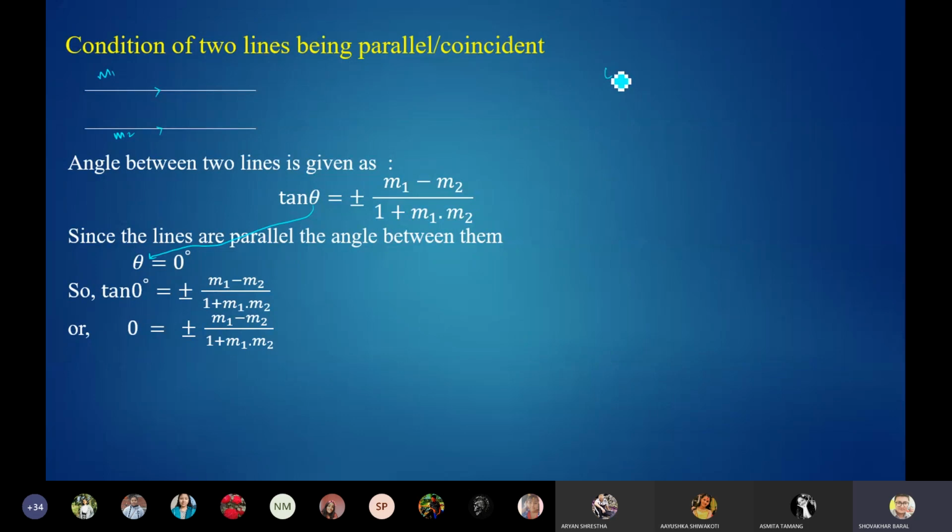Okay, so if there is 0 is equals to plus minus a upon b, what I can do here is multiply by doing the cross multiplication. 0 times b is equals to plus minus a. Please don't write it, I am just trying to explain. 0 is equals to plus minus a, and this plus minus can be replaced as plus minus 1 times a. If you shift it to the other side, 0 divided by plus minus 1 will be 0. If any number divides 0, then it is 0.